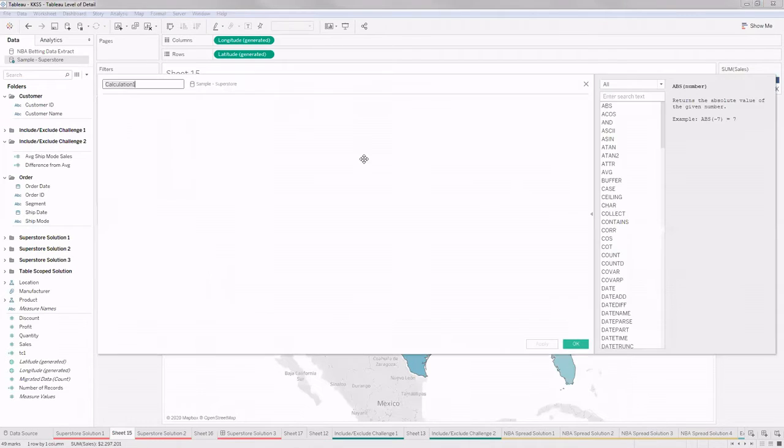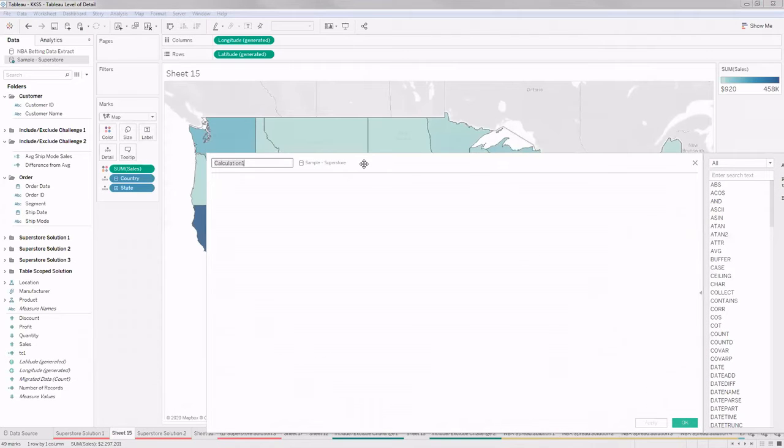Simple basic understanding from a logic point of view. If we see, we just have to get it for each state. So we need to perform our calculation at a state level. So straight away we'll go for fixed state, give me maximum city sales. Fixed state, city.